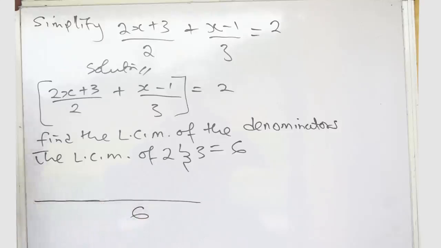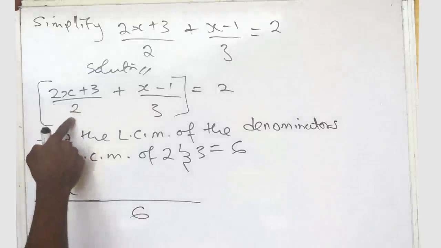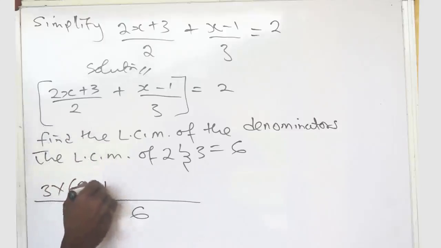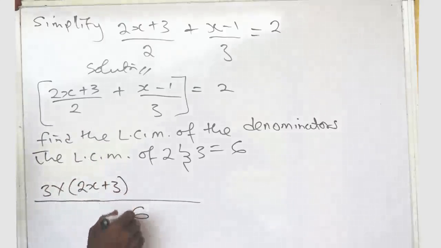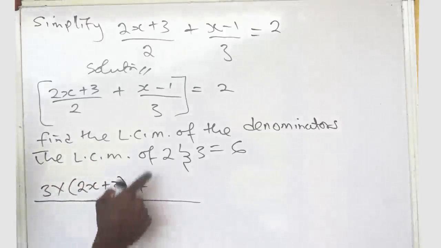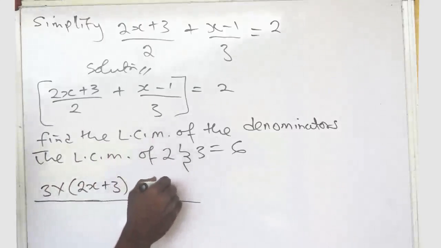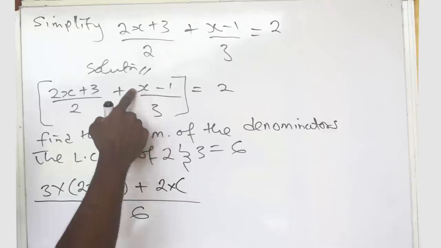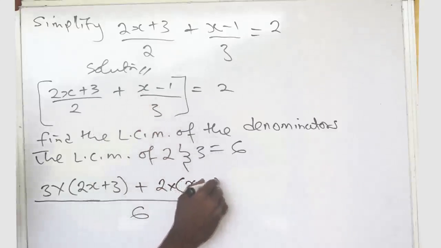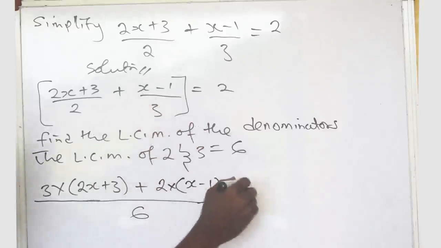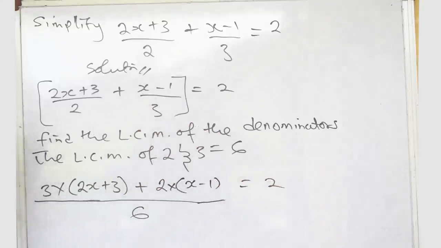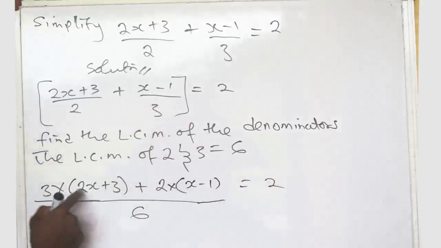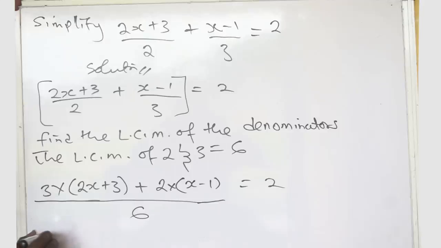6 divided by 2 will give you 3. Then 3 multiplied by the numerator of 2x plus 3. We'll close it. Bring down plus. 6 divided by this 3 is 2. Multiply by the numerator of x minus 1. Then you bring down the right hand side, which is 2. This times this, we have